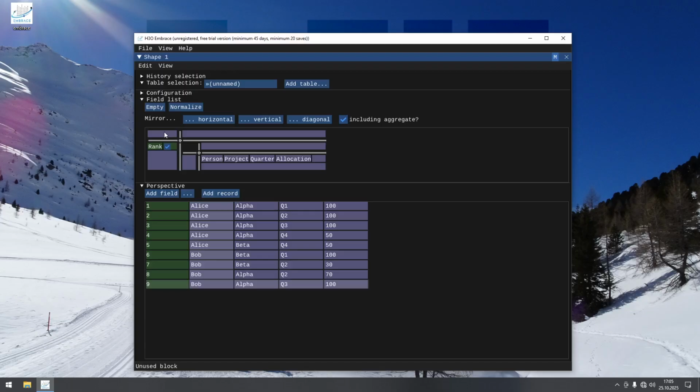So the top left is the so-called unused block. Whenever there's a field in it, it's just not used for the perspective. Then we have the column cluster or header block, which is currently empty, and we have a row cluster block, which holds right now the pseudo field rank. And at the bottom right, we see the so-called aggregates block, which currently holds all the user fields right next to each other. This is the default configuration, which results in the most natural default perspective as you see it over here,